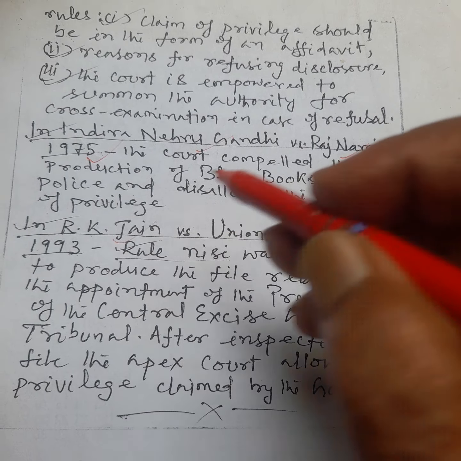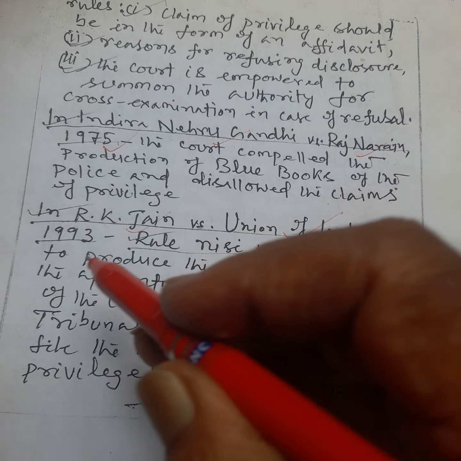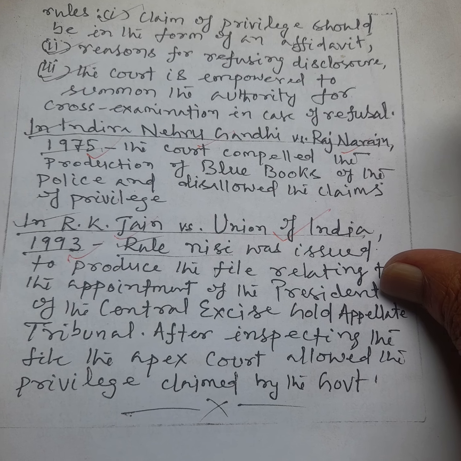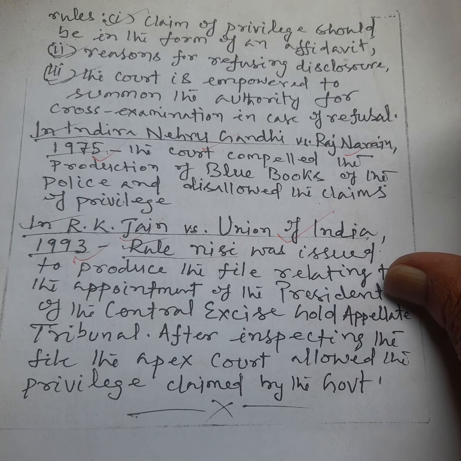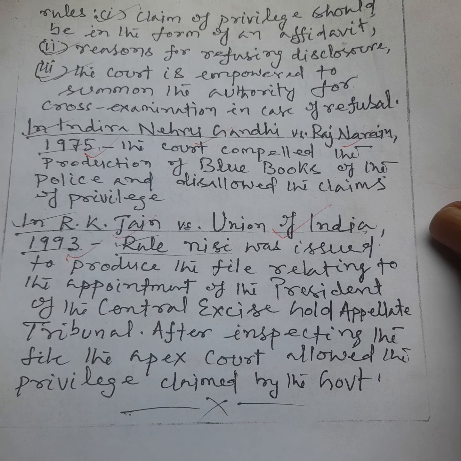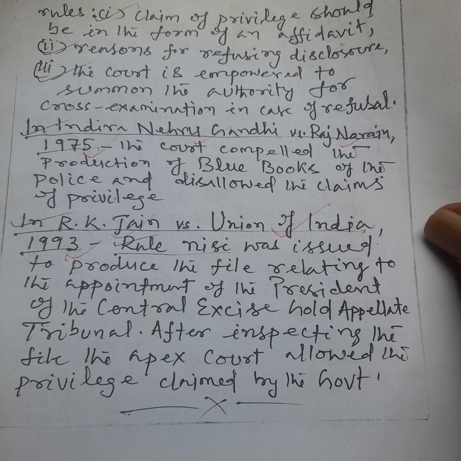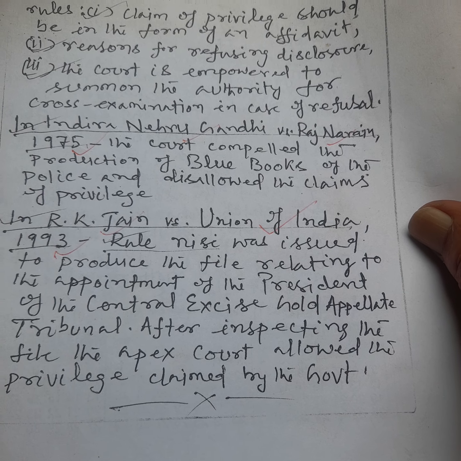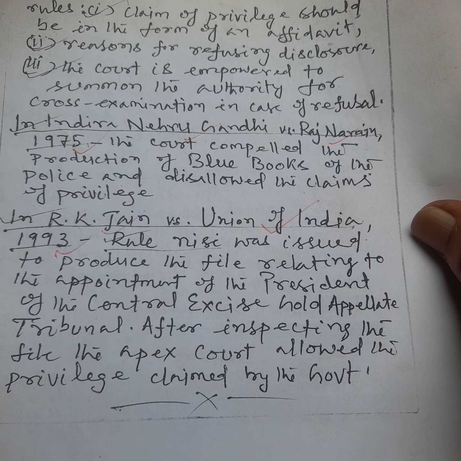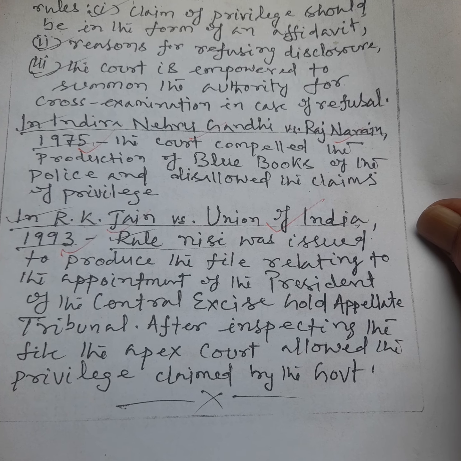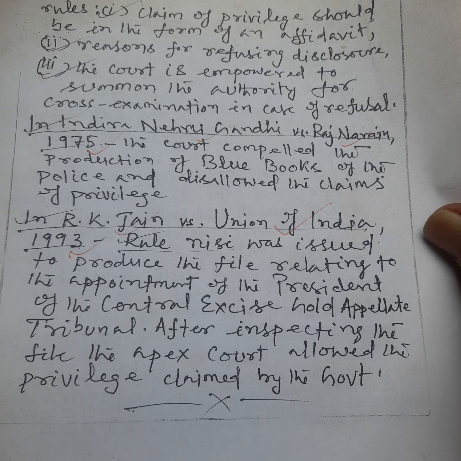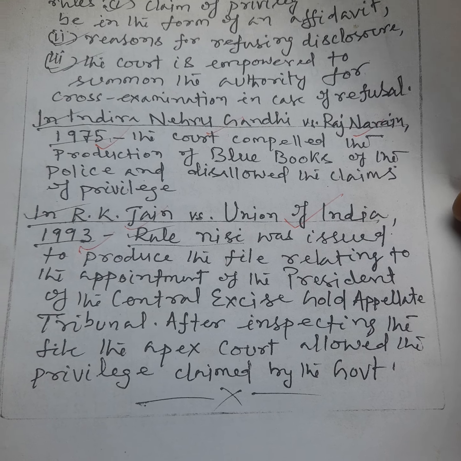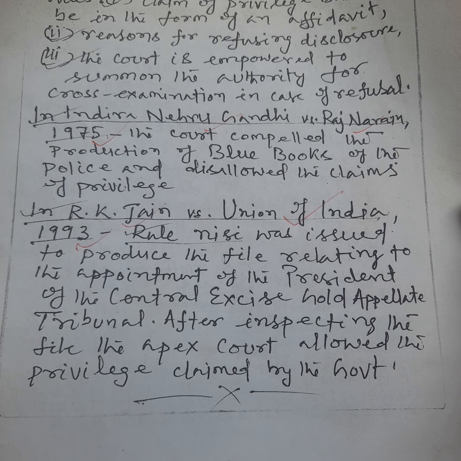Also in R.K. Jain versus Union of India in 1993, a Rule Nisi was issued to produce the file relating to the appointment of the President of the Central Excise and Gold Appellate Tribunal. After inspecting the file, the apex court allowed the privilege claimed by the government. So, these are the privileges